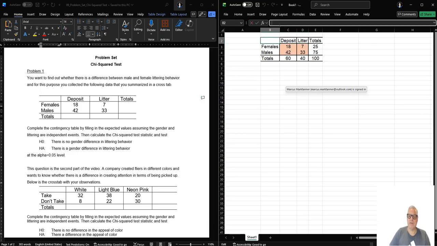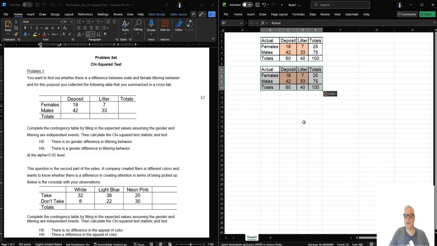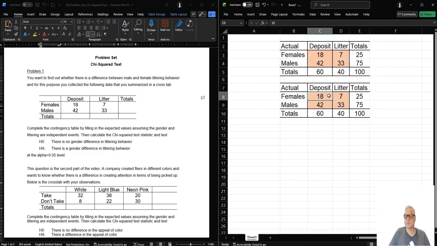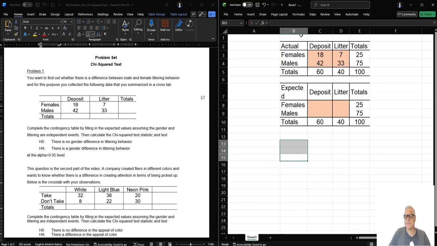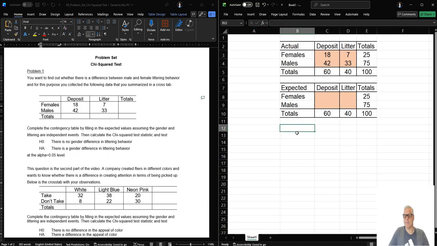So what we have here, this is the actual behavior. So the question is, what is actually the expected behavior? So let's just copy this entire crosstab and let's put it underneath. So now we want to know what are the expected. So how can we infer that from our actual crosstab? Well, the expected